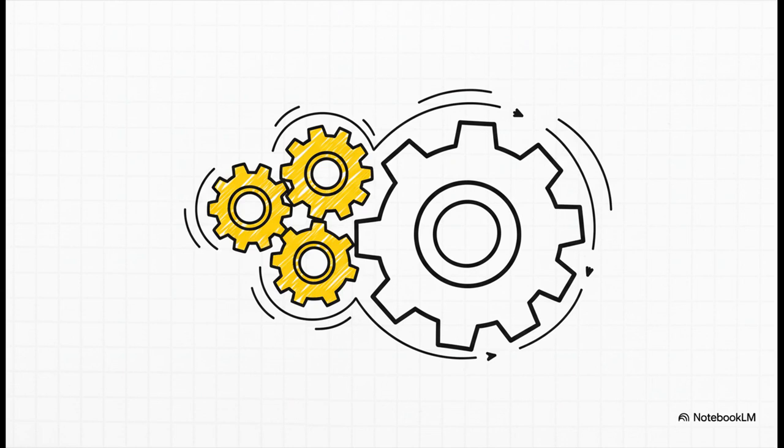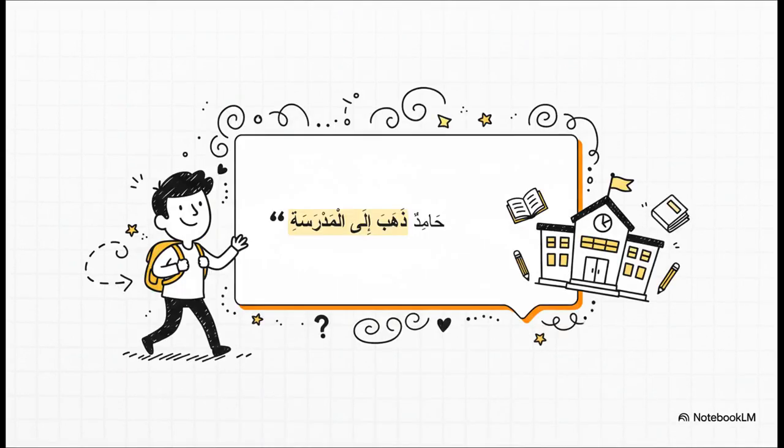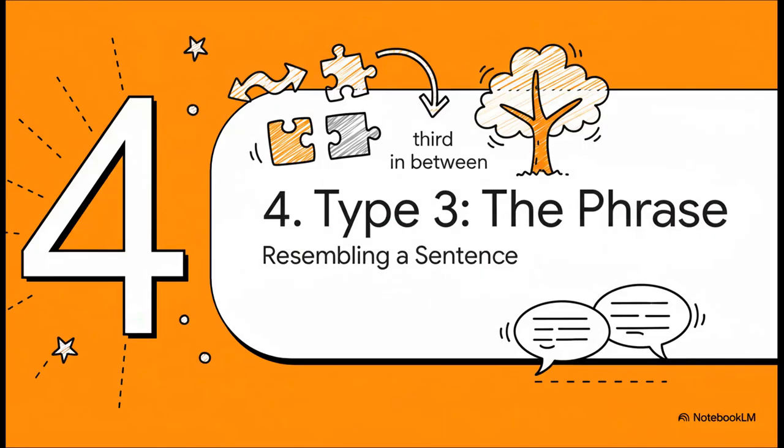And you know what? The exact same logic applies when the predicate is in action. Here, a complete verbal sentence, an al-jumla al-fi'liya, is what provides all the information. Take the sentence, Hamidun dhahaba ila al-madrasati. The subject, of course, is Hamid, in blue. And the information about him is that whole action phrase, dhahaba ila al-madrasati, went to the school, highlighted in orange. That's a complete verbal sentence, and it's doing the job of the khabar, telling us exactly what Hamid was up to. So we've had a single word, we've had a full sentence.